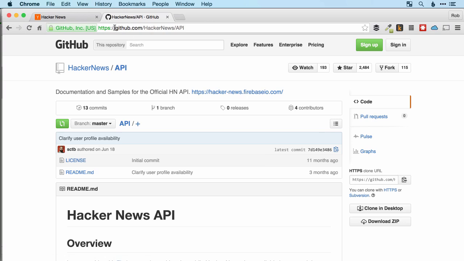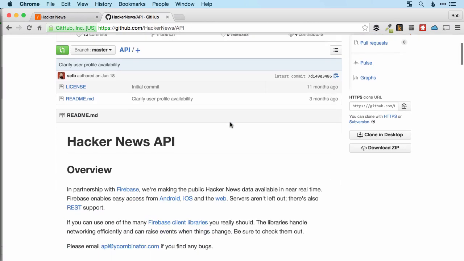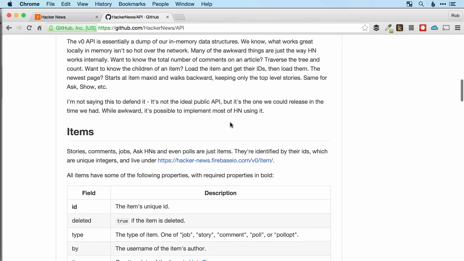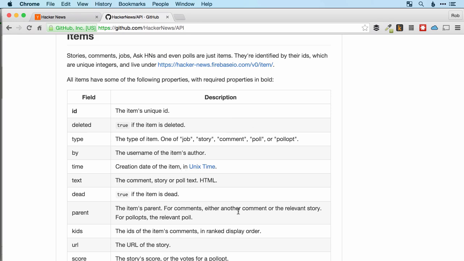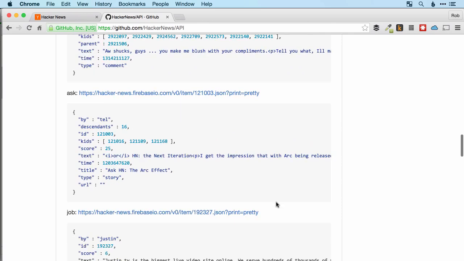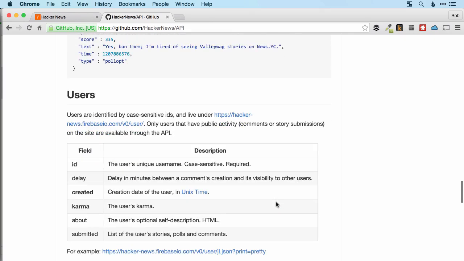If you just search for Hacker News API, you'll get this address. Otherwise you can go to github.com/hackernewsapi. Go to that URL and you'll get this website. I'm just going to give you a very quick overview as to how the API works. You can spend a bit of time reading the code here if you like. But the way that we're going to be using it is we're going to start by